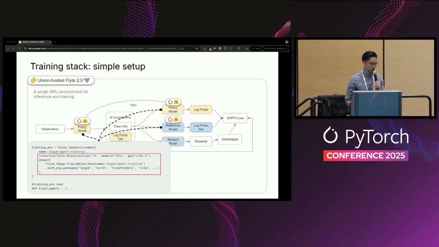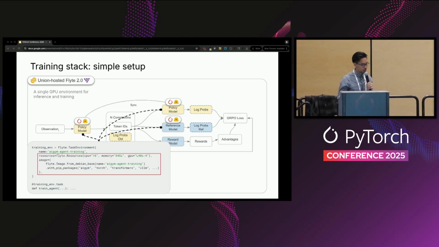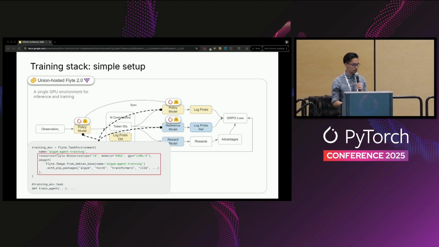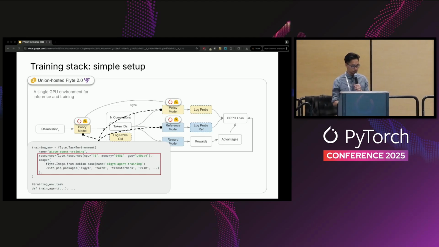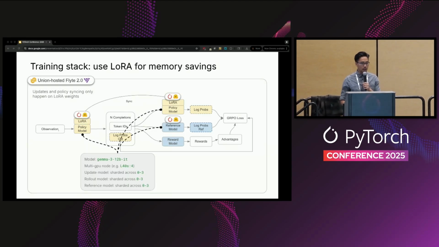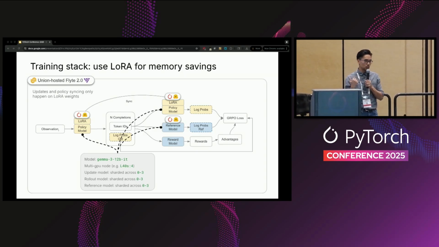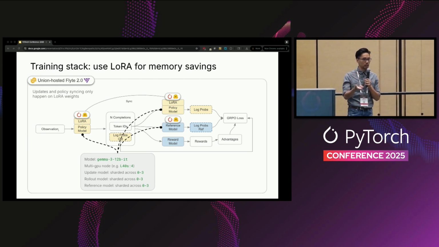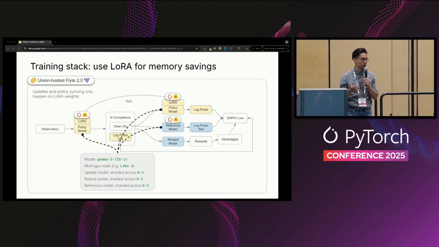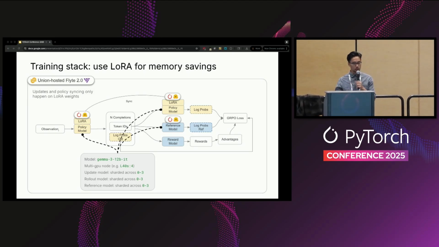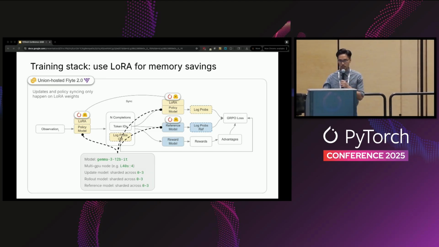This is just some code in flight of how to declaratively say what resources you need, some GPUs, here are the pip packages you want to install, and here I'm using PyTorch and, as I said, transformers and PEFT just for convenience. For memory saving, you can use LoRA. This actually allows you, with a fixed GPU budget, to fit larger models, and the number of trainable parameters are orders of magnitude less. And so this is just a way for you to get higher capacity models if you need them. This is actually the current setup that I'm using for my experiments as I flesh out this project.